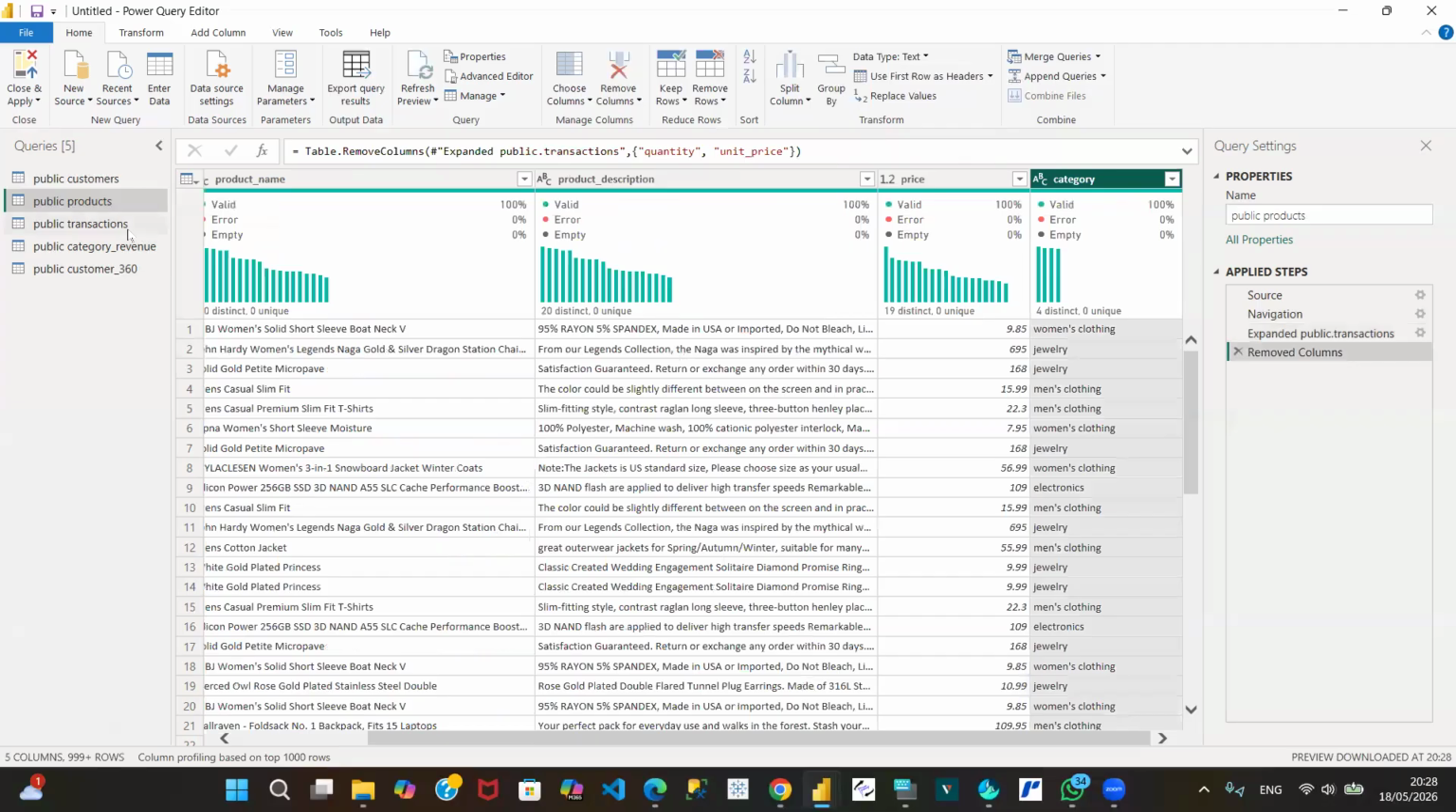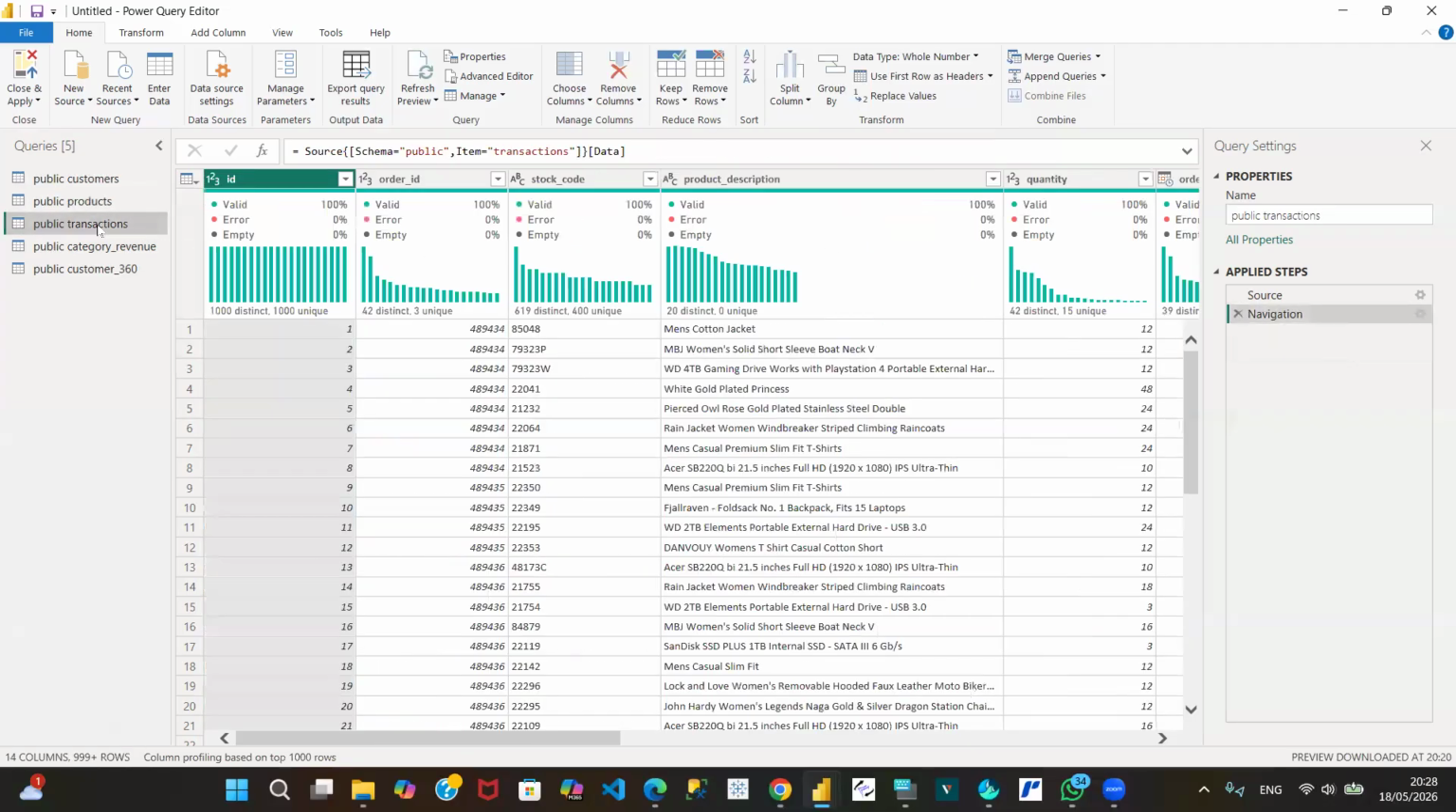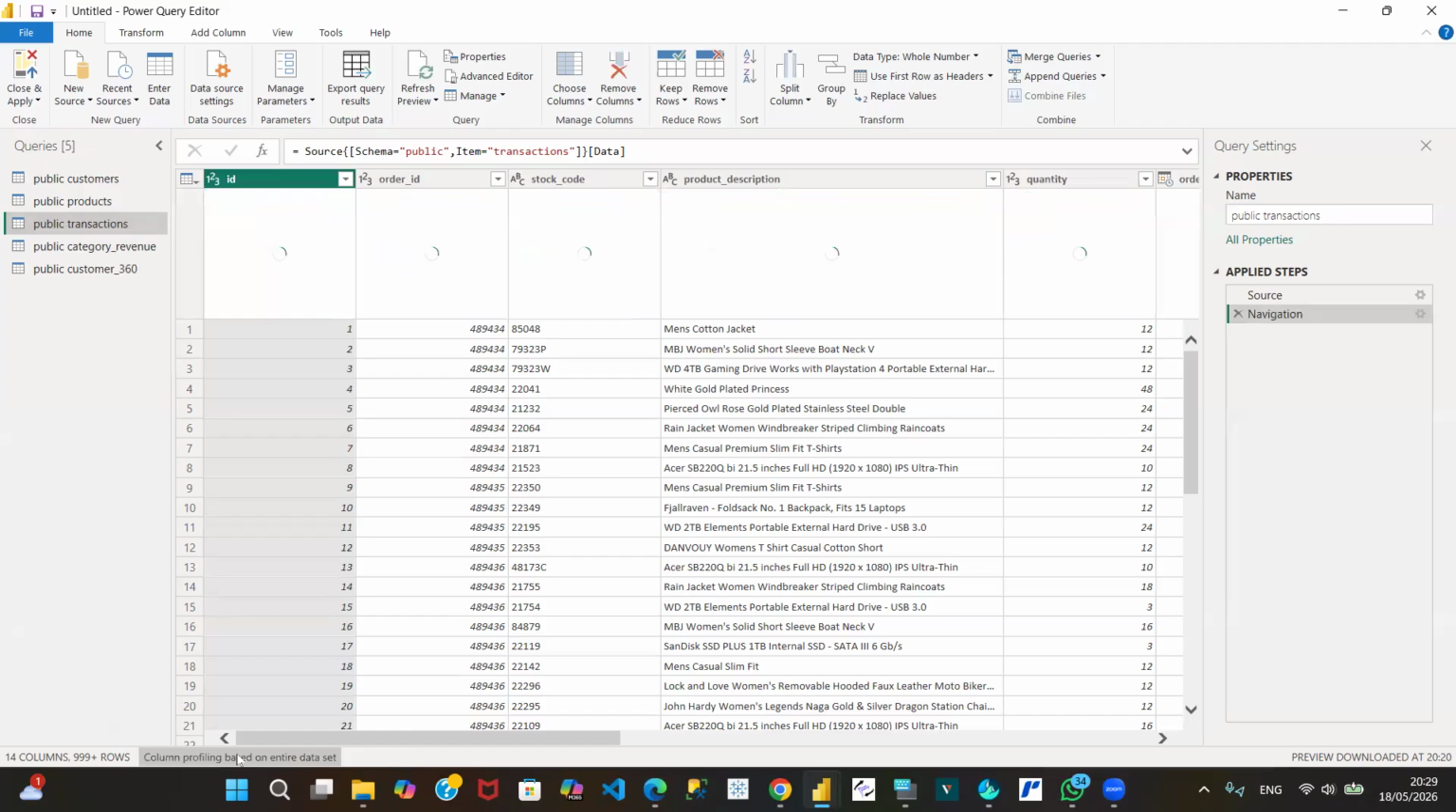Then the transaction table itself, which I believe would be our facts table where the transactions were recorded. Transaction ID, order ID. I see other IDs are repeated, but transaction IDs are not repeated. Column profiling, let's base it on the entire data set, just to be on the safer side. Again, just for more